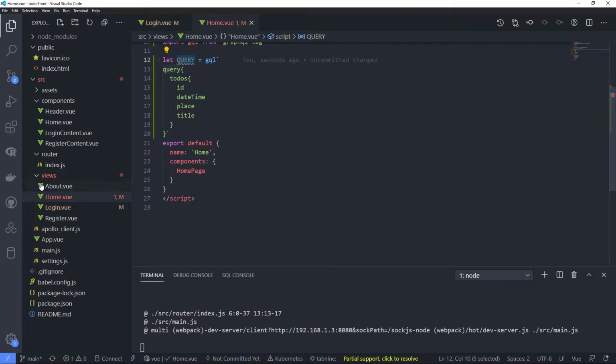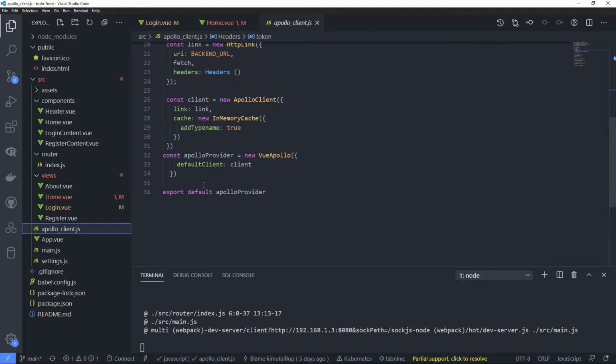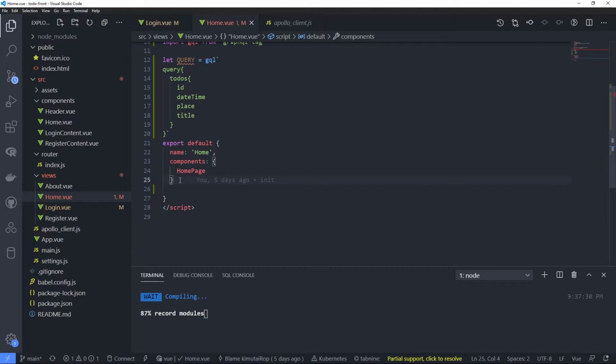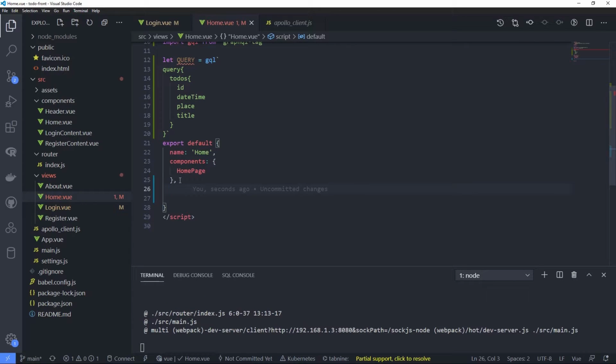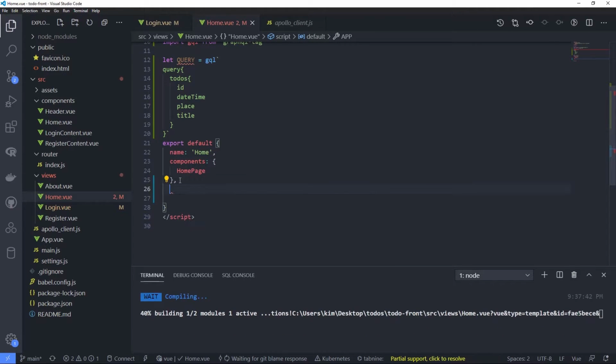You remember us setting up the app inside Apollo client. You remember we did set the Apollo provider inside our main. The Apollo provider allows us to use an object definition called apollo. So inside here, just the same way you would put data, components, names, props, and such, you get an additional thing called apollo. So you just type apollo,